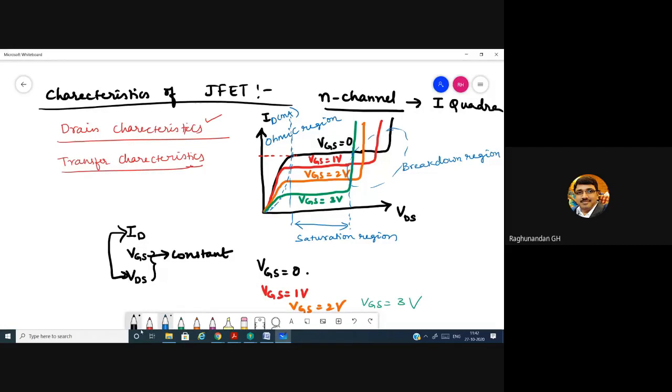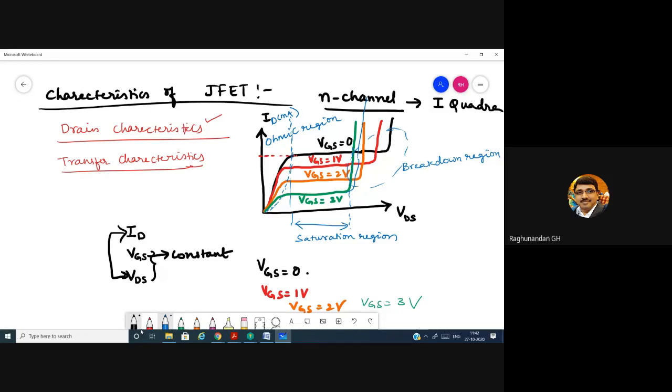So when you see these three regions of operation, we understand the JFET can be operated in only two regions: the ohmic region and the saturation region. If you enter the breakdown region, we cannot control the flow of current, as we have seen with avalanche. In the same way here also, when it reaches that portion, there is a sudden rise of current. Vertically, the current is increasing like this. That means there is breakdown region.